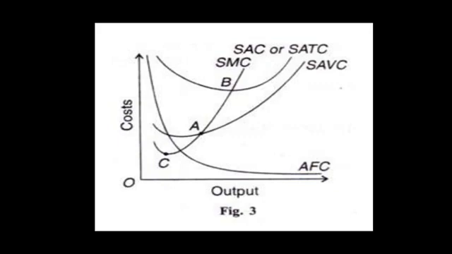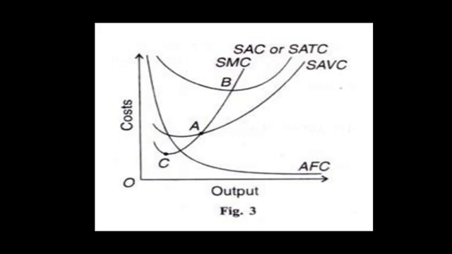And rising average cost and marginal cost during the later stages of production is in accordance with falling average product and marginal product, when there are diminishing returns to a factor. With the help of the figure given in the current slide, we can also show how average cost and marginal cost are related to each other.